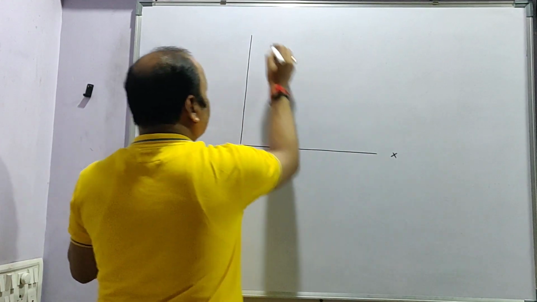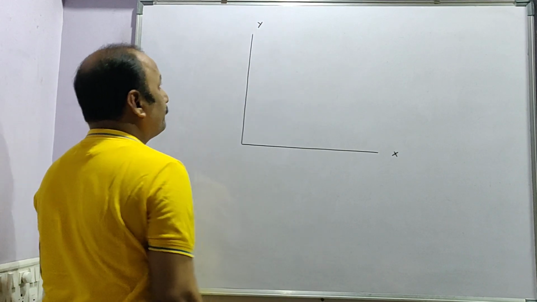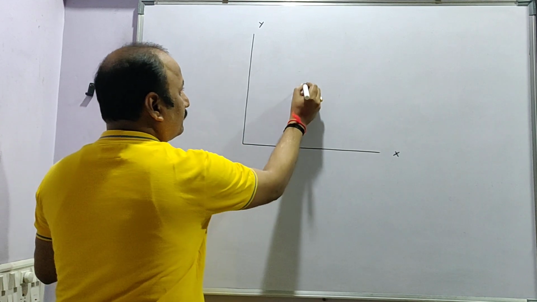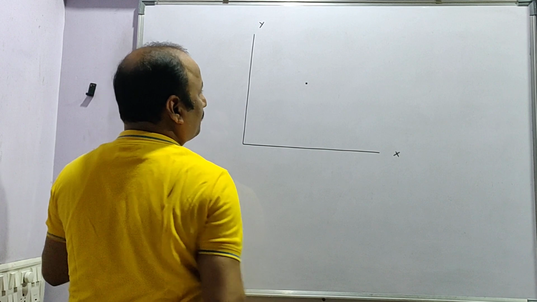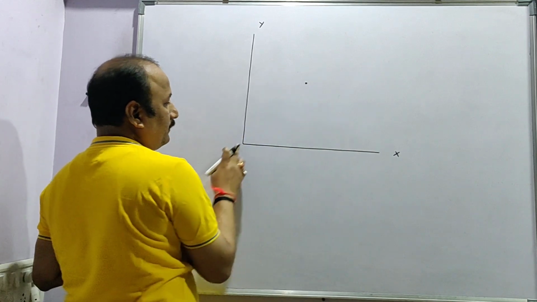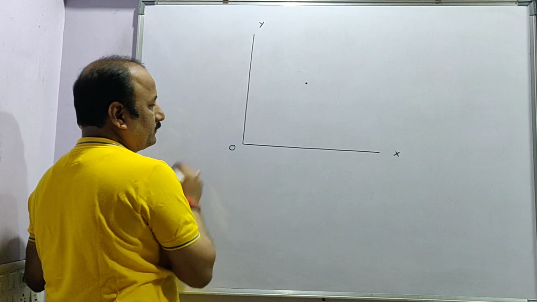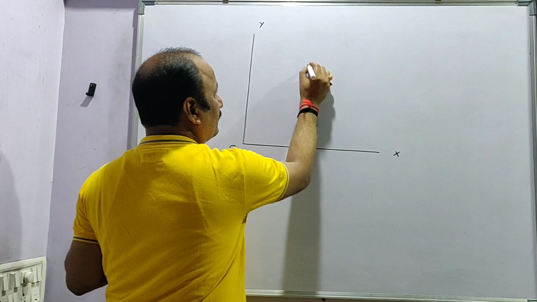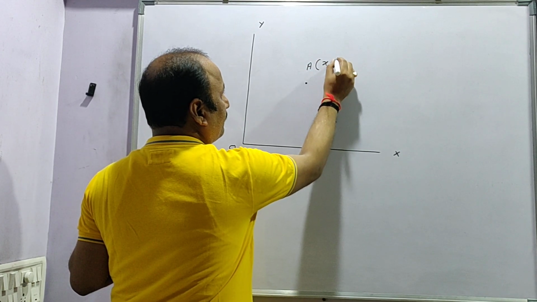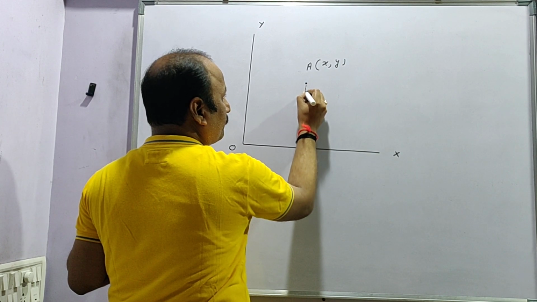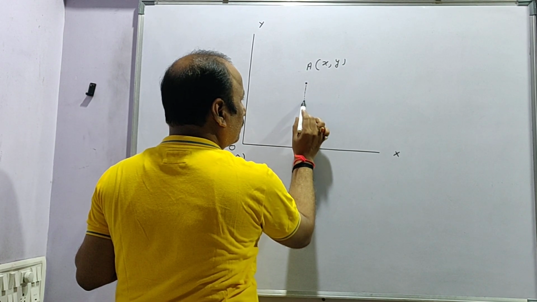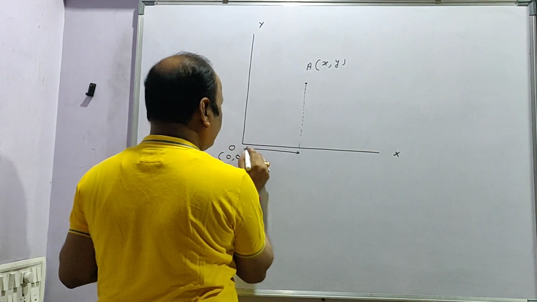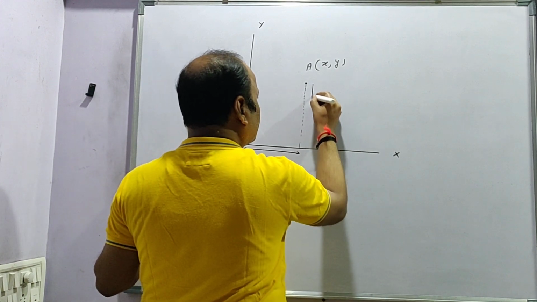This is the x-axis, this is the y-axis, and there is a point, or the position of a particle, which can be defined with respect to this point of intersection, that is the origin. Now, as we know the position of this in this plane, let us take x comma y, meaning the length of this particle along this direction, that is x, and along this direction, that is y.